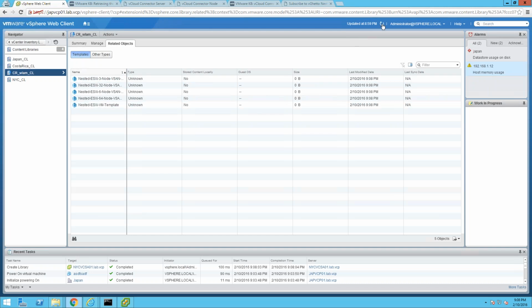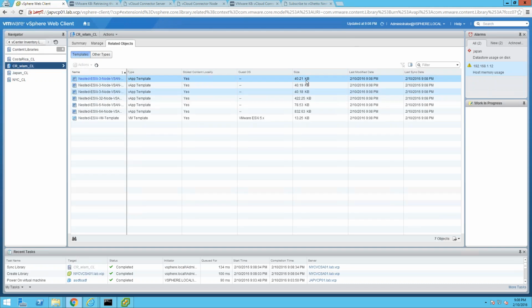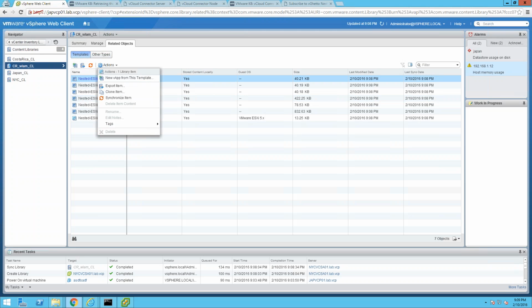And I assume that if I refresh or something, I might be able to see some realistic file sizes. There you go. So this way, in this case, this one is synchronizing automatically. I think there are some ways to modify how much it synchronizes. You can just synchronize on demand, but this is the way that you would, for example,